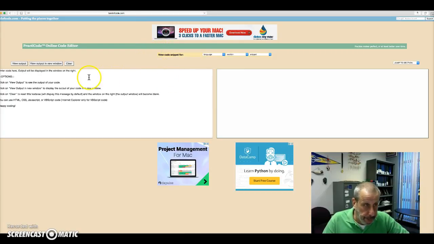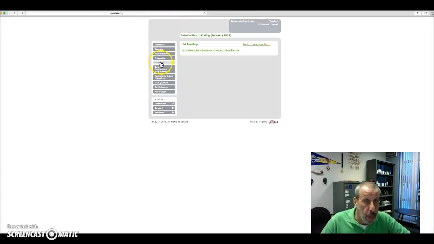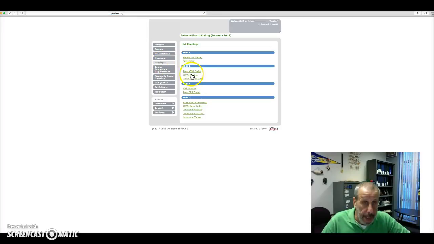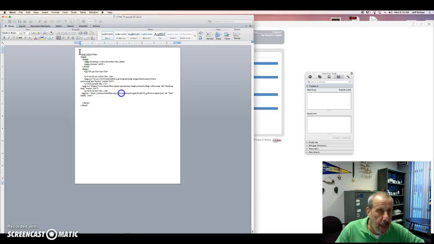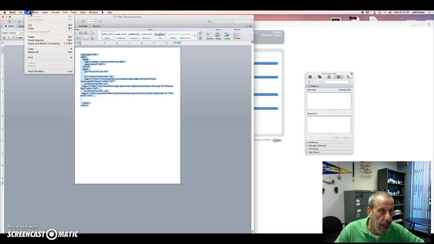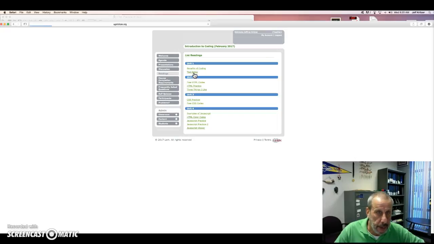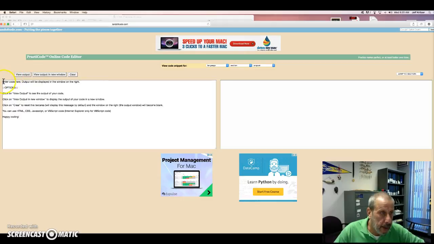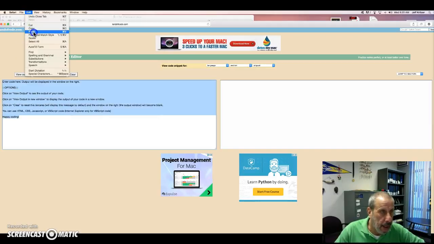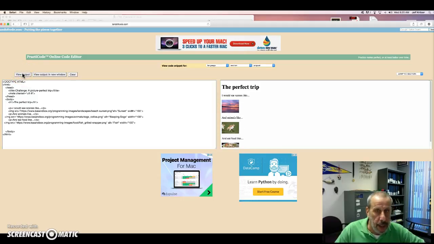And you can see that this is the text editor, and if I were to use one of the code practices, let's say this one right here, I open up this code and I copy the code just like this, and then I paste it into the text editor, just like this. And then I can view it just like this.